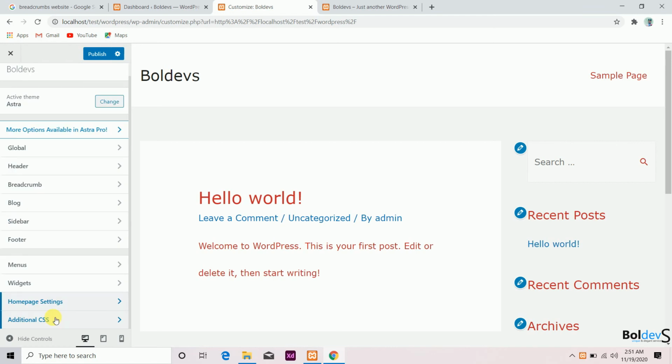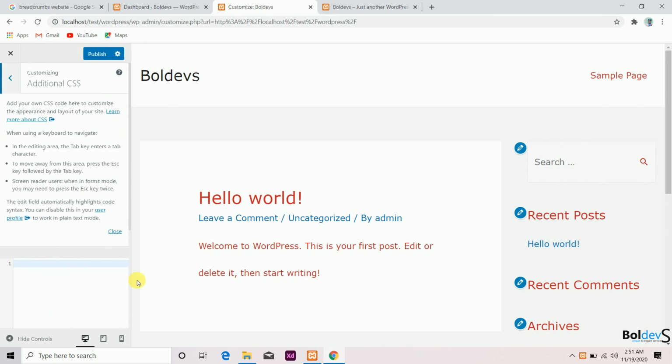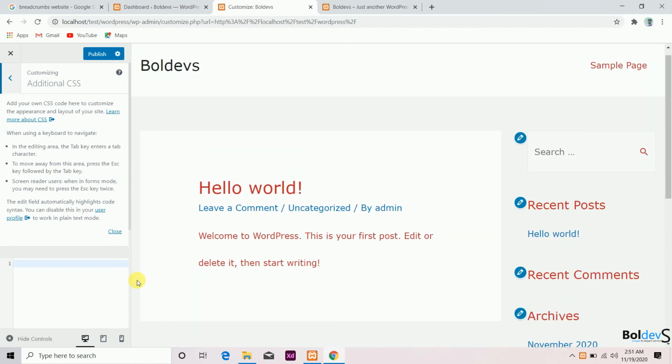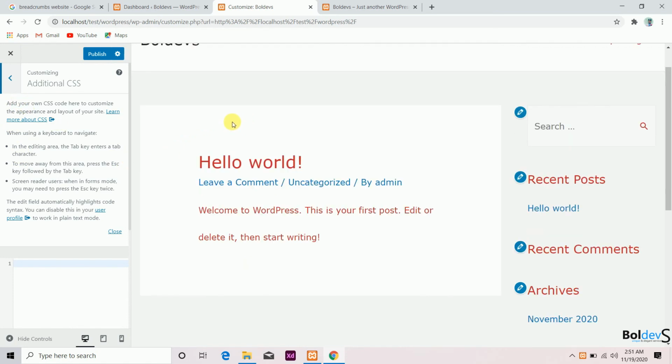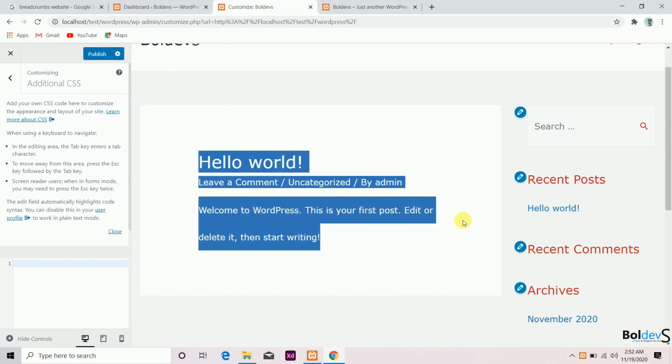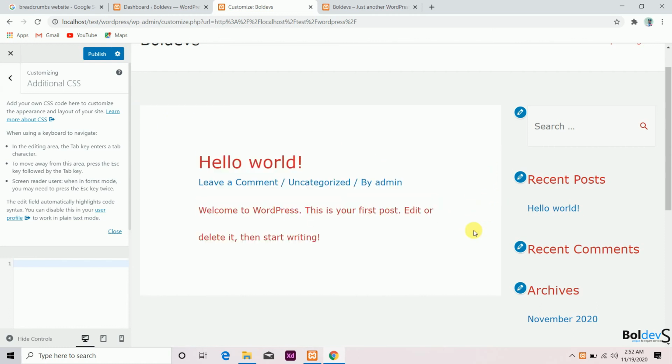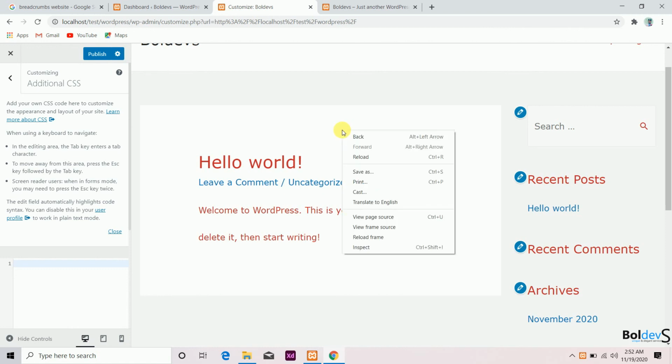Guys, I'll be explaining it with an example. There will be a separate video for CSS tips and tricks in the bonus session. You can understand each and every point about additional CSS, like the benefits of additional CSS, there itself. But for now I'll be showing you. Okay, so guys, here you can find hello world is in a box. The box contains a white color, the background color is white. So what do I have to do to change that background color? So I'm going to tell you. Now I'm going to show you with a single click.